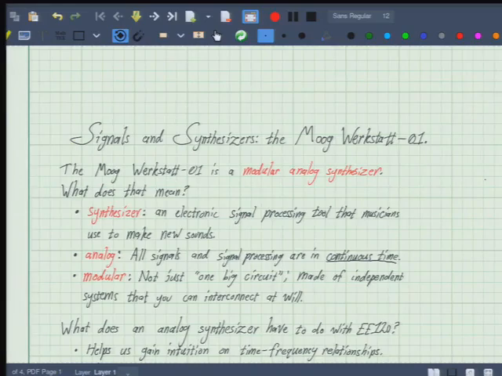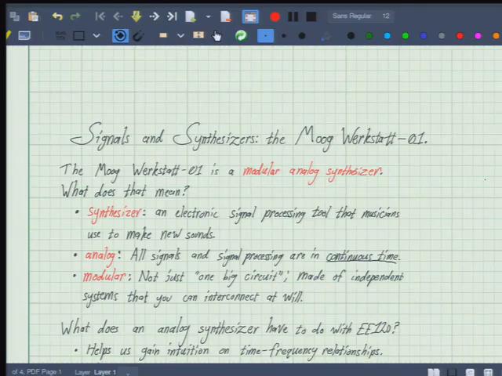And in our case, it's an analog synthesizer. And well, analog is a very emotionally charged word for music people, right? It sort of means protecting the old ways against the new. It's analog versus digital. What it directly means for us is that all of the signals inside of the synthesizer are in continuous time, as opposed to discrete time. And all of the signal processing that's done inside of this piece of equipment is also done in continuous time. So that's the analog op-amp, resistor, capacitor type circuits that you saw in 16B and other related classes as well. So that's all analog means to us. We can leave the emotional baggage behind, I guess.